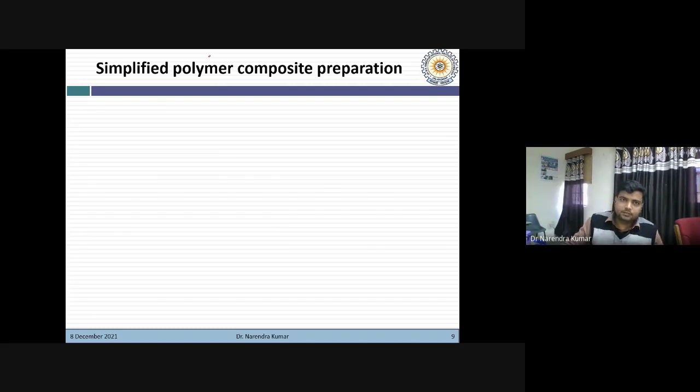So why am I focusing on the polymer composite? Because in most biomedical applications, we need to make parts with good strength, for example, bone. Suppose you are a doctor or a surgeon, and before going for the surgery you want to practice on a bone prototype.